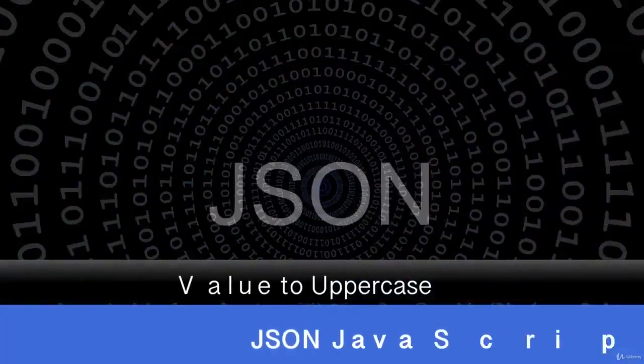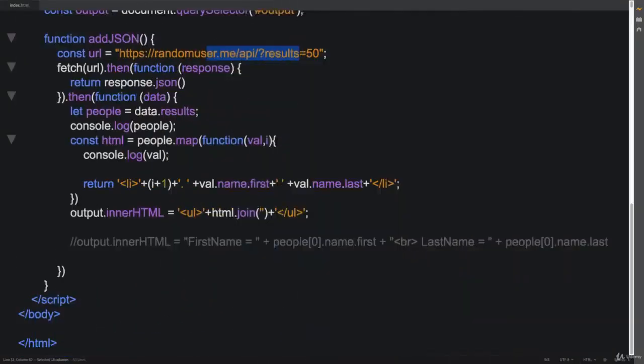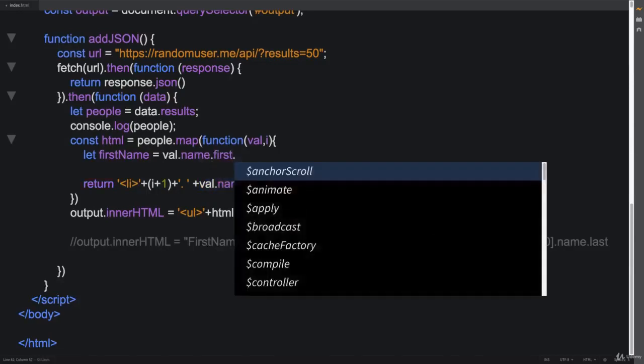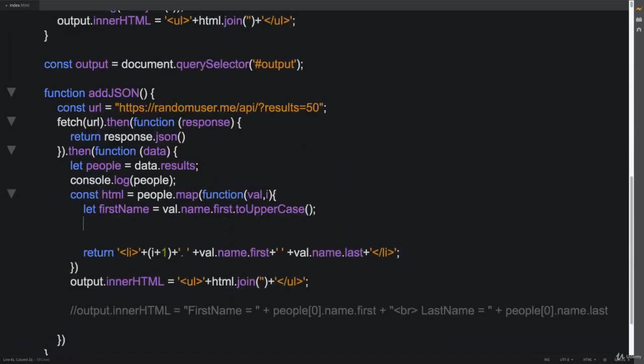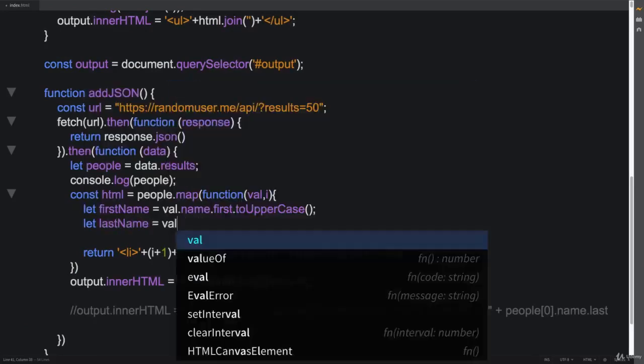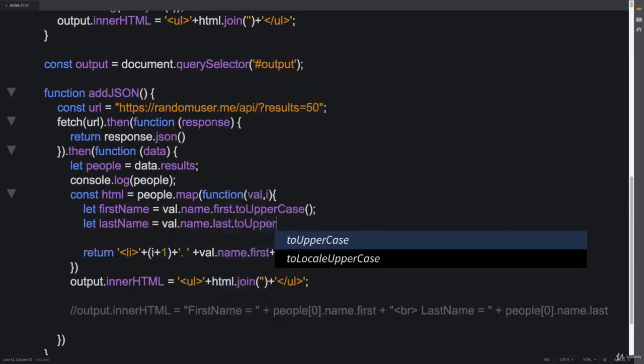In the previous lesson, we saw how we can grab some data from an API and then use it, iterate through it, and use it within our JavaScript. And we can also make some updates to it. So if we wanted to set our first name value and then take that first name that's being returned back there, we can add some JavaScript functionality. So there's toUpperCase, and let's turn that into a method, and we're going to do the same thing for last name as well. So we're going to take the value and then again going down the object and taking that toUpperCase,